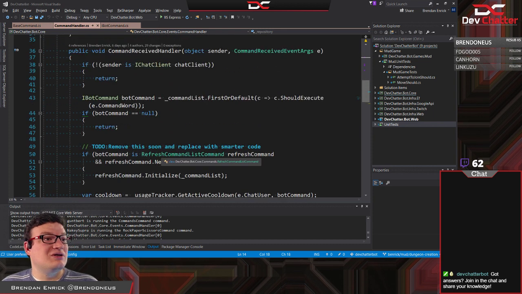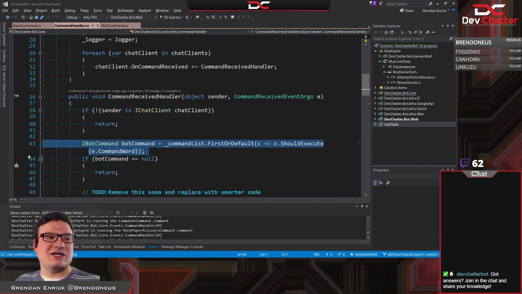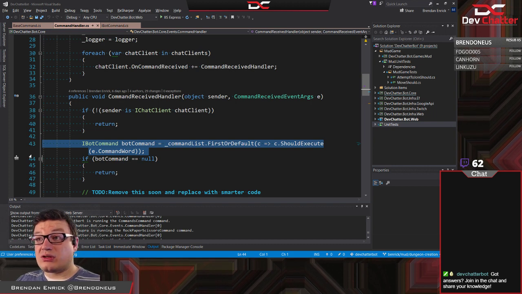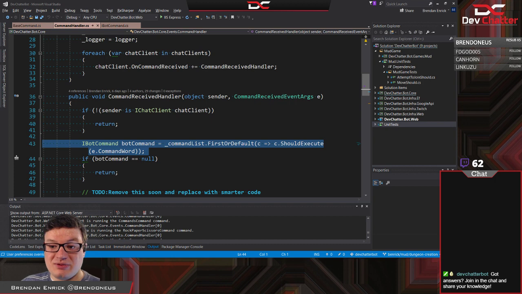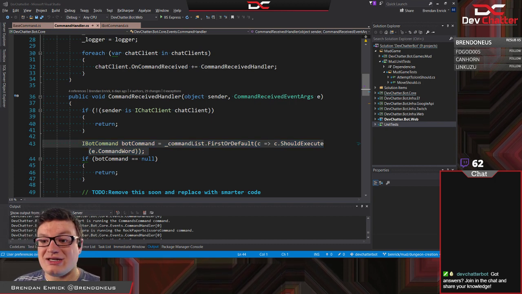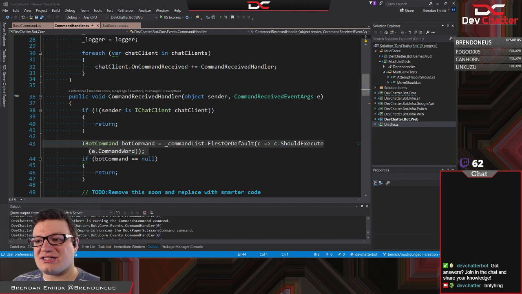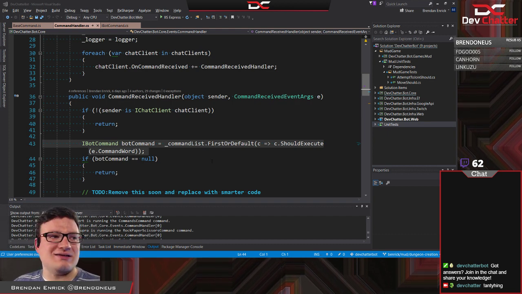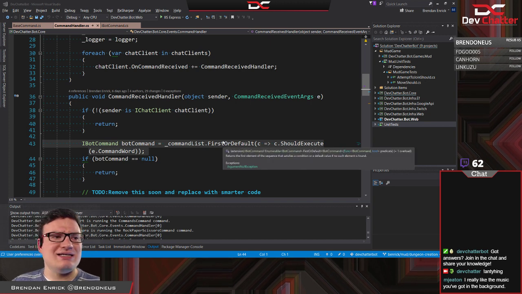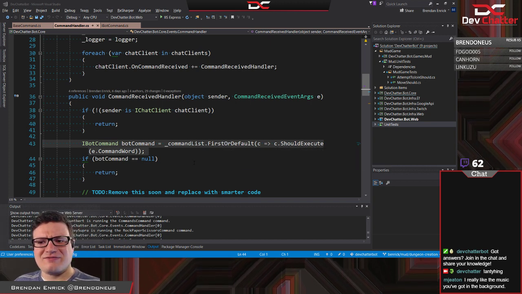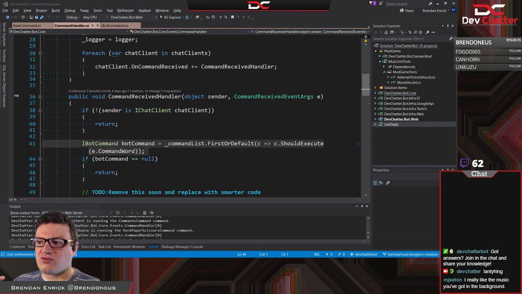Okay, so what we do is this. This is the significant piece right here. So when we go to run a command, so if I type in !anything, right? There is no anything command. Anyway, so the point is it gets here and it looks to see, hey, is there a command I should be running? And if there is, then it will go ahead and grab that for us.